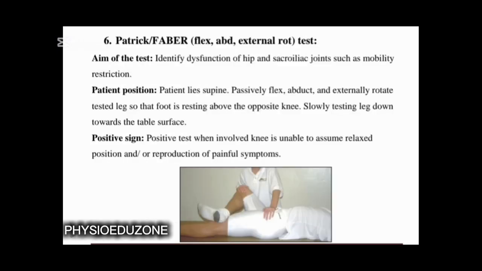6. Patrick's or FABER test: flexion, abduction, external rotation testing. Aim of the test: identify dysfunction of the hip and sacroiliac joints such as mobility restriction. Patient position: patient lies supine, passively flex, abduct, and externally rotate the tested leg so that the foot is resting above the opposite knee. Slowly lower the testing leg down towards the table surface. Positive sign: positive test when the involved knee is unable to assume a relaxed position and reproduction of